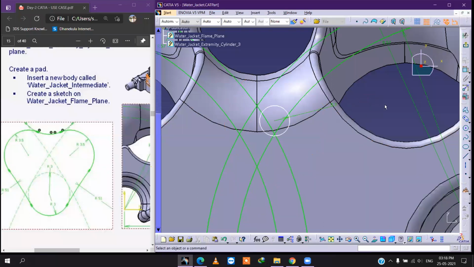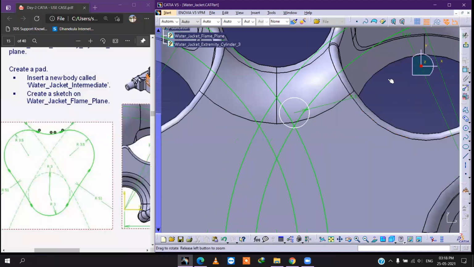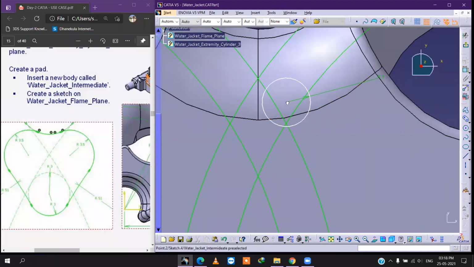Okay, and you have to give it tangency to this one and this one.